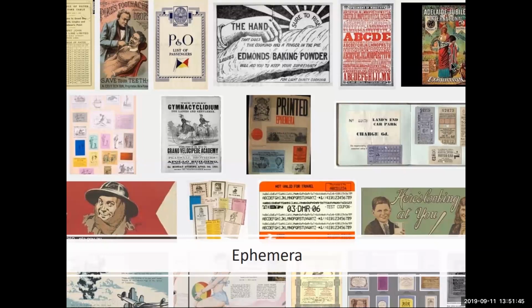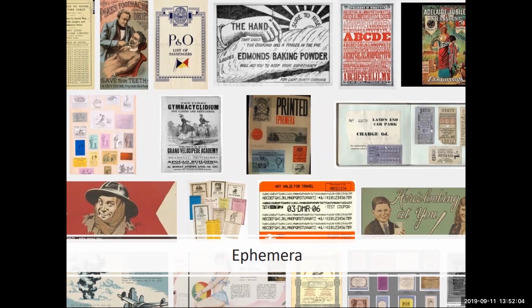And coming up to the end of our collections, we have our Ephemera collection, which is a collection of minor publications and pamphlets, as well as leaflets, handbills, invitations, cards, menus, and junk mail. Essentially, it's a lot of material that wasn't intended to be preserved, but we have preserved it.